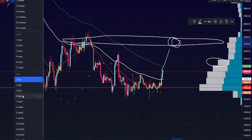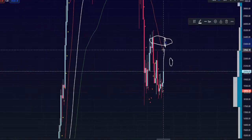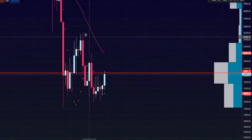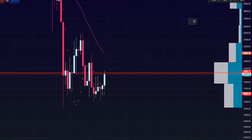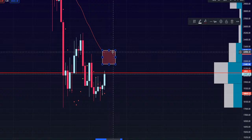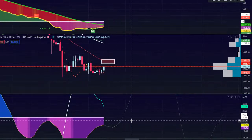And the reason is simple: in the weekly chart, the MA21 is around this area, 23. So this is the area for me. The next 2 weeks, I'm going to start looking for a potential bull trap. Okay, bull trap. As I said yesterday,